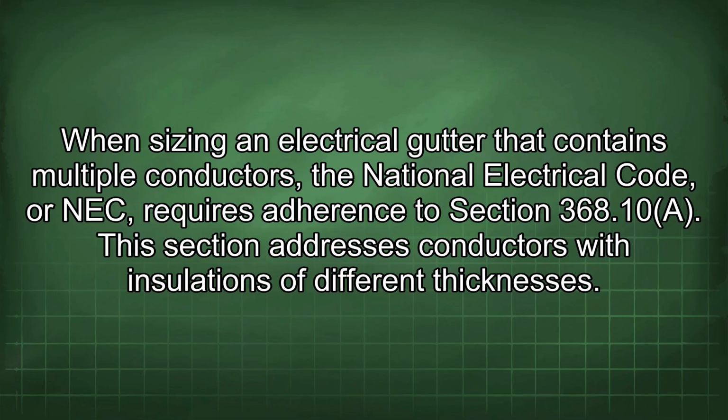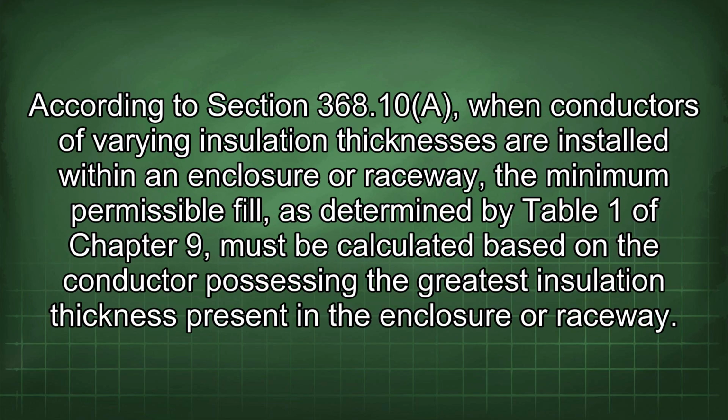When sizing an electrical gutter that contains multiple conductors, the National Electrical Code, or NEC, requires adherence to Section 368.10a. This section addresses conductors with insulations of different thicknesses. According to Section 368.10a, when conductors of varying insulation thicknesses are installed within an enclosure or raceway, the minimum permissible fill, as determined by Table 1 of Chapter 9, must be calculated based on the conductor possessing the greatest insulation thickness present in